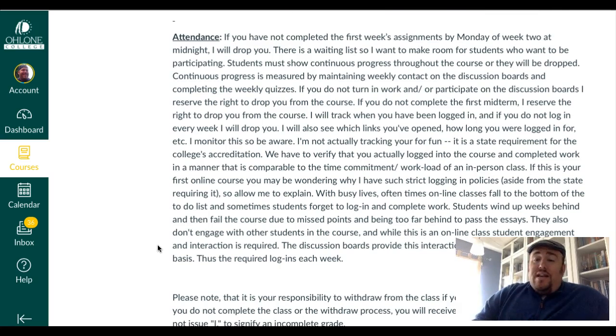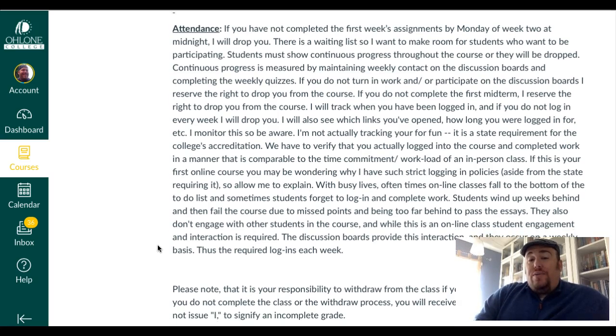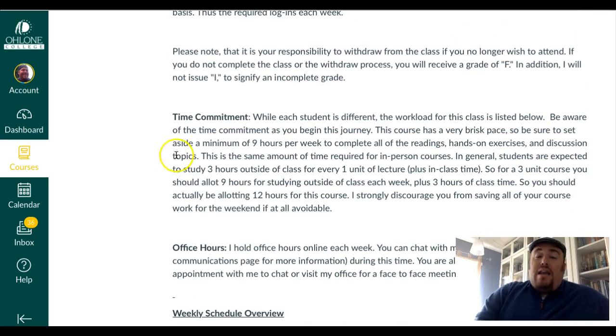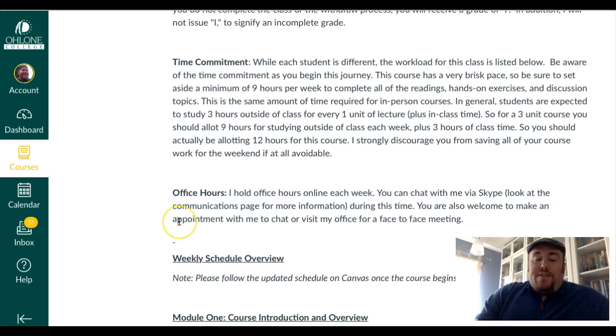Attendance, you can read the attendance policy here. It's actually a requirement for online courses that you check in and log in regularly and spend time in the course. And I actually am able to track that. So it's really important that you are constantly going into Canvas and spending time in the course. If you're not, you have the potential for being dropped from the class because you're not completing the work or because you're not spending enough time in the class. It's a requirement that you are doing that and that we monitor that. And I explained the time commitment a little bit here in office hours as well.